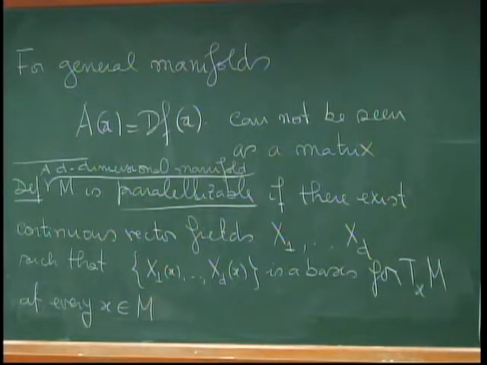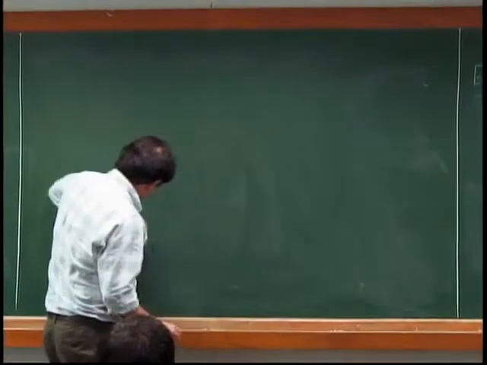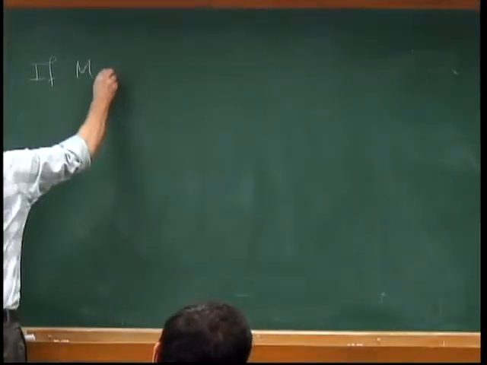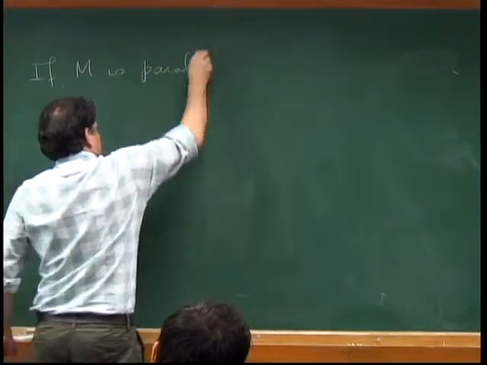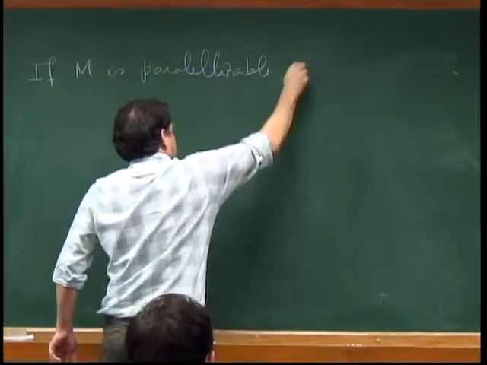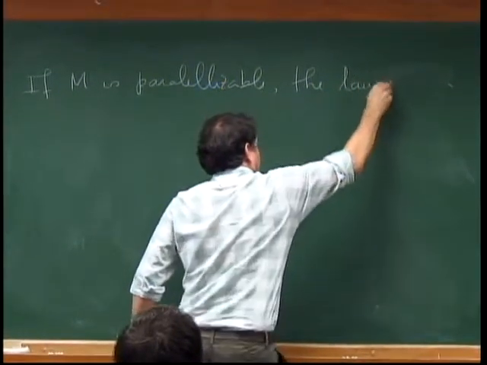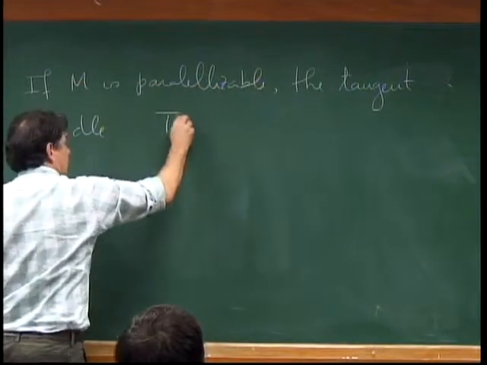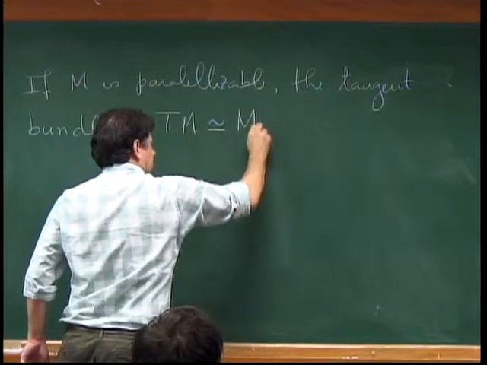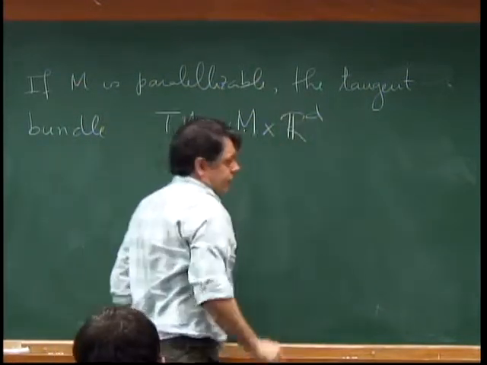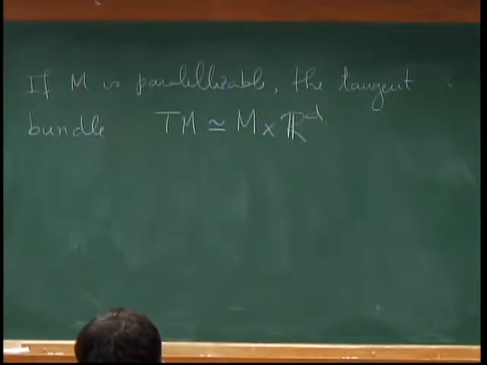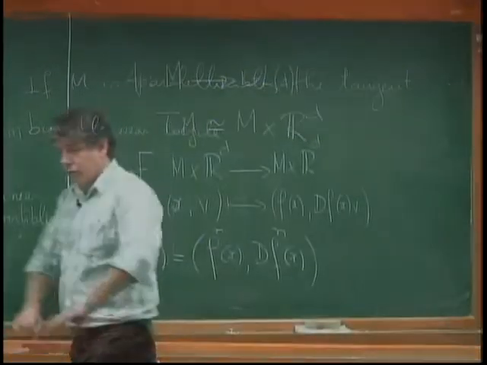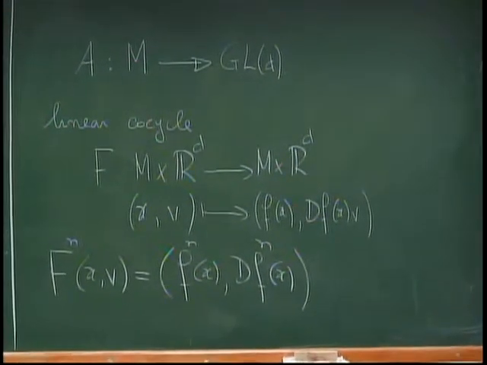This does not mean that for general manifolds we cannot play this game. Just one observation: if M is parallelizable, the tangent bundle TM can be written as a product. And that's precisely what happens here. This works because for the torus, the tangent bundle is the product of M by Rd. In general,